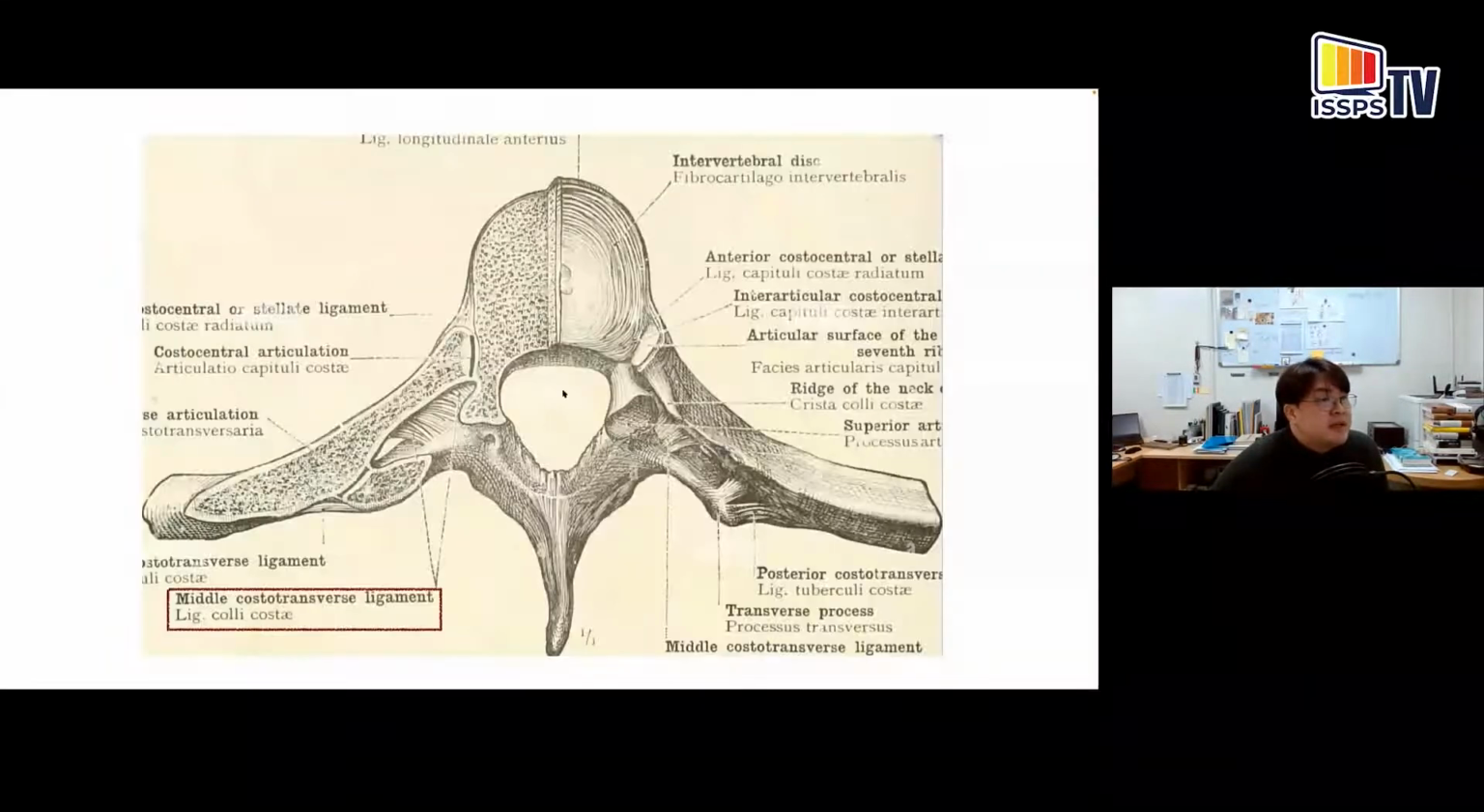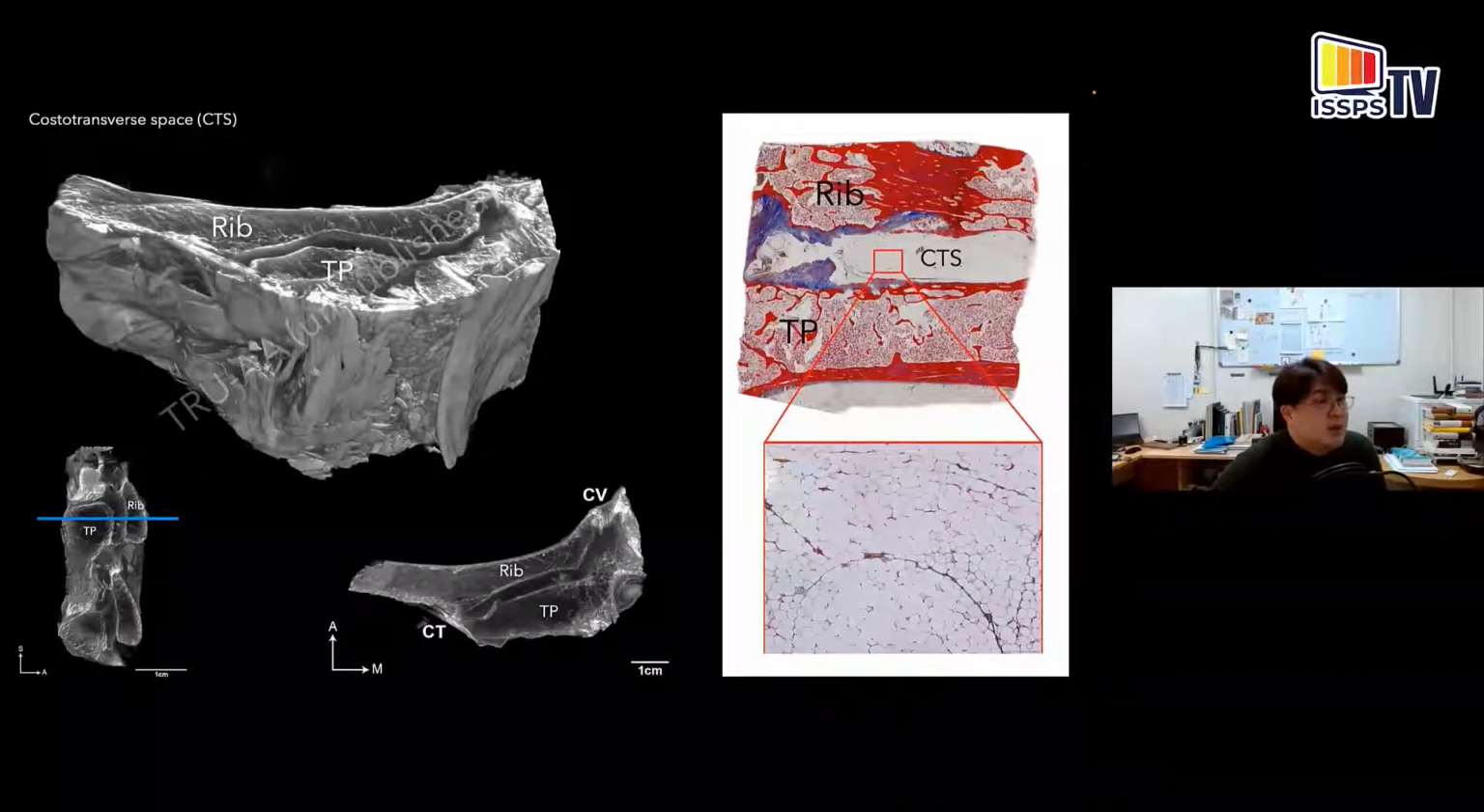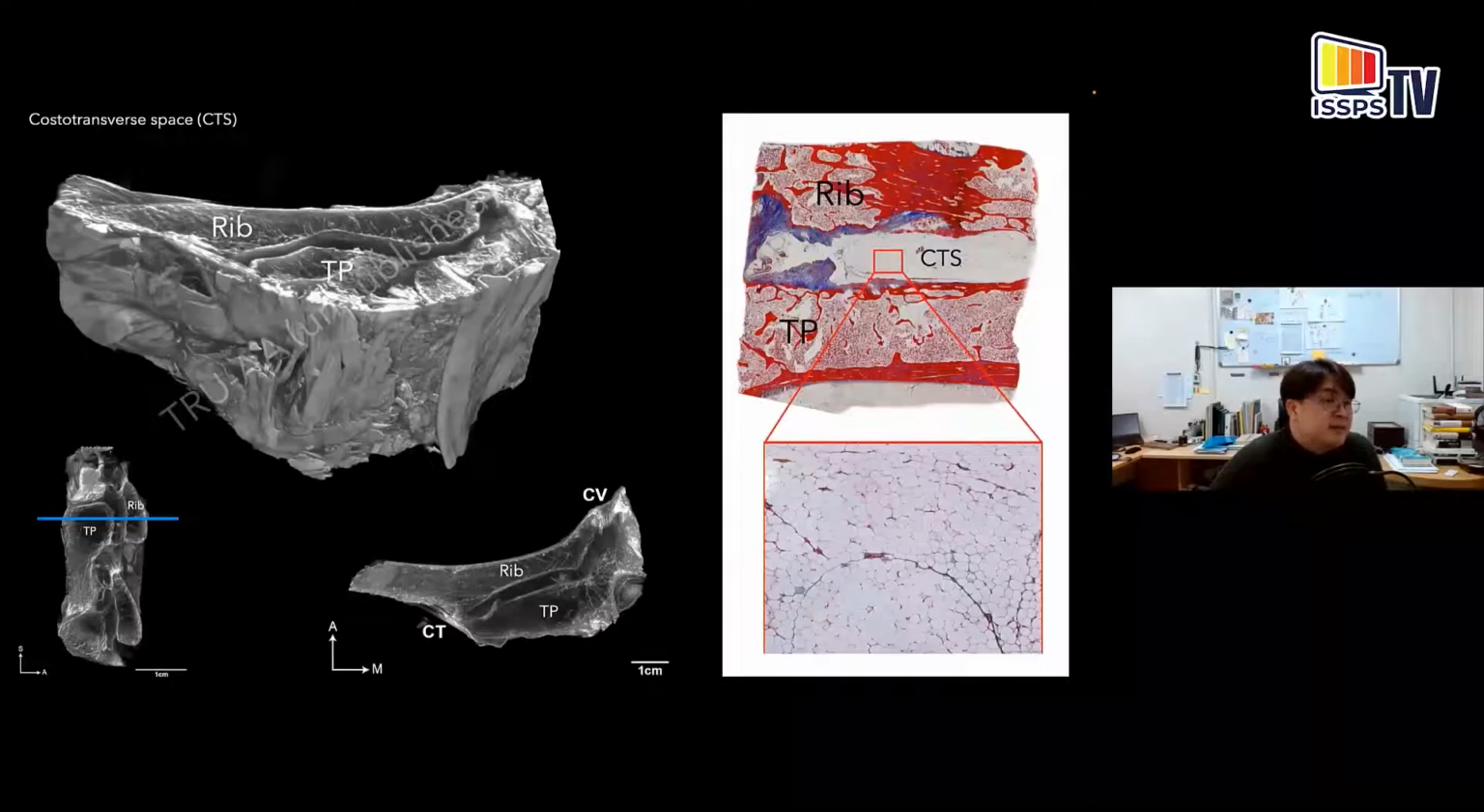So far, it's been known that there is ligament tissue between the proximal part of the rib and the transverse process. It has been known as the costal transverse ligament. However, in our study, there was no distinct ligament tissue within this space. We define this space as the costal transverse space, CTS,